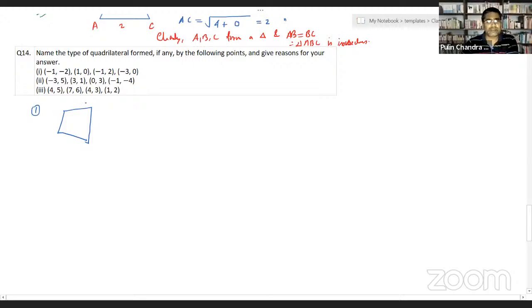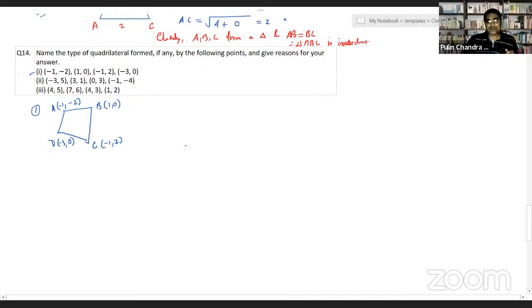ऐसे ही हम लोग पहला वाला क्वेश्चन ले लेते हैं। पहले क्वेश्चन में क्या दिया है, इसका नाम A रखते हैं, वर्टेक्स को -1, -2 करते हैं, सेकेंड वाले को कर देते हैं 1, 0, दैट इज B, देन नेक्स्ट इज C -1, 2, D -3, 0।